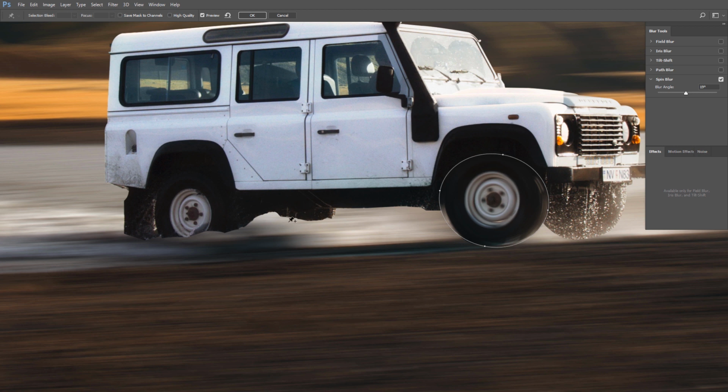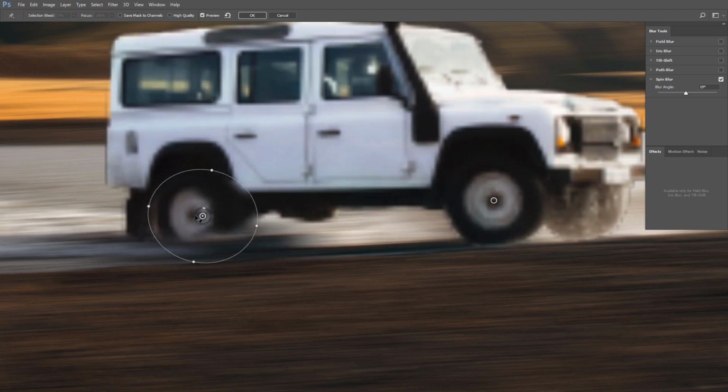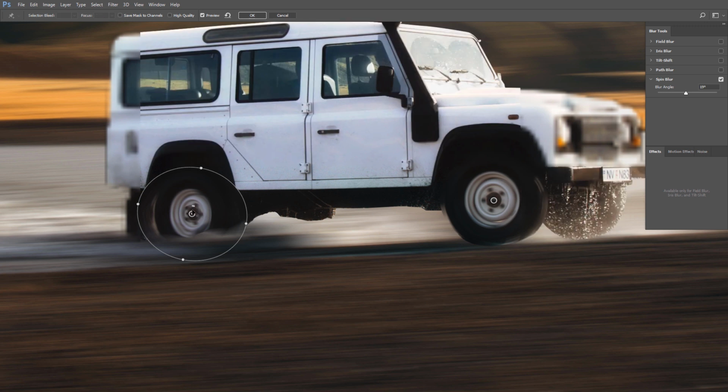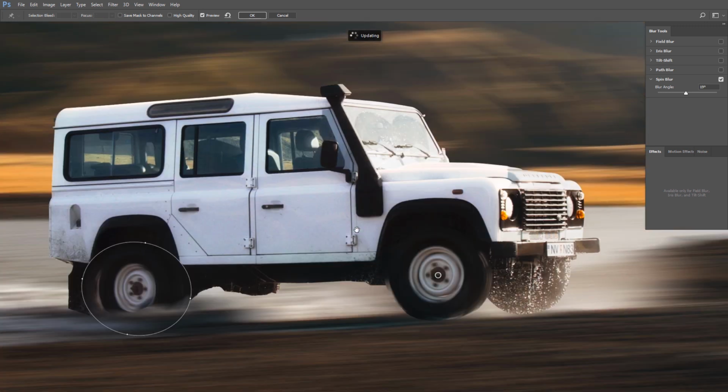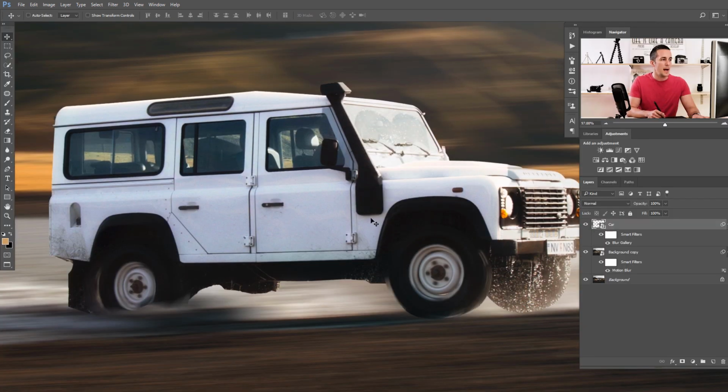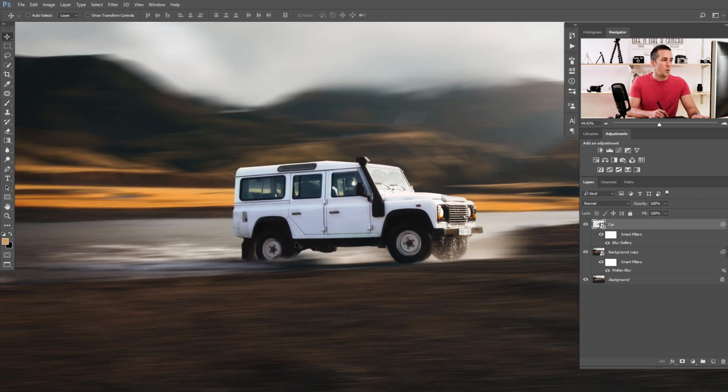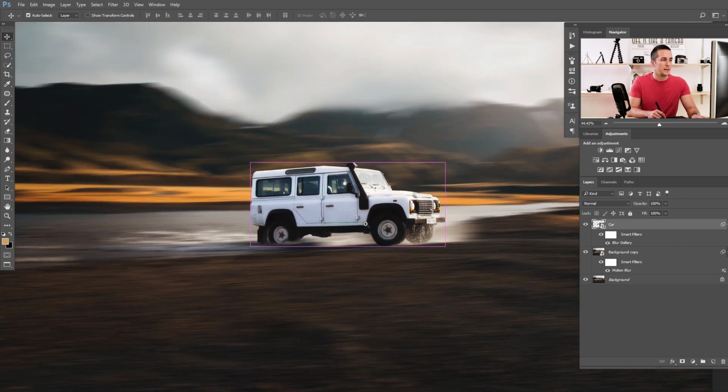We can do that in two ways. We can just click here and create another circle and then tweak it to match this wheel, or we can copy this existing circle by holding Control and Alt, or Command and Option on a Mac, and just drag this existing circle right here, and it's really nice. If we are satisfied with that, just press OK,